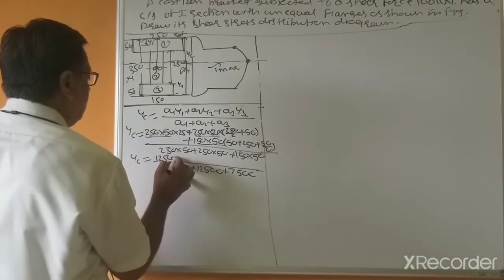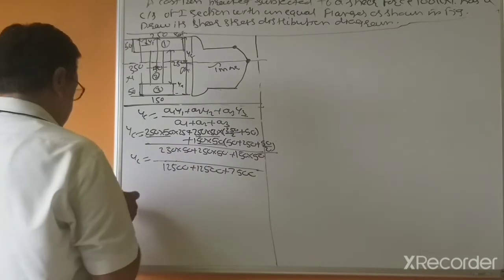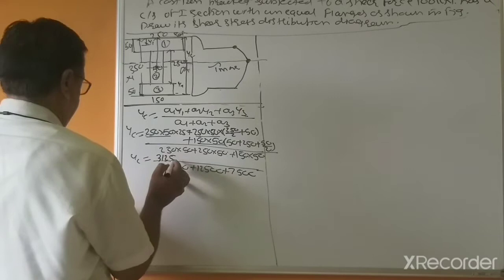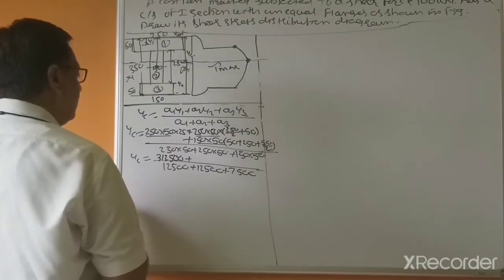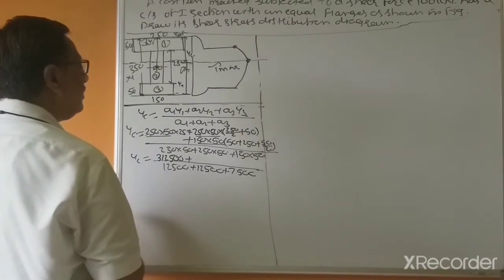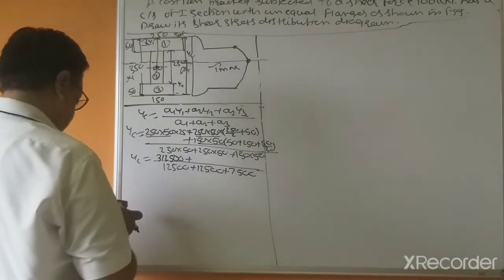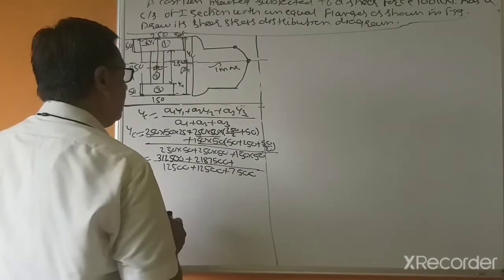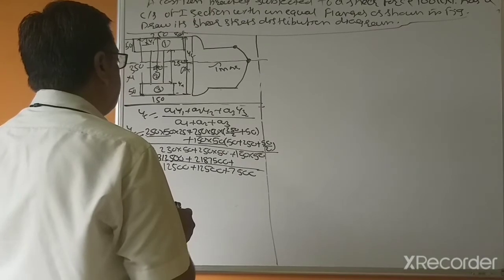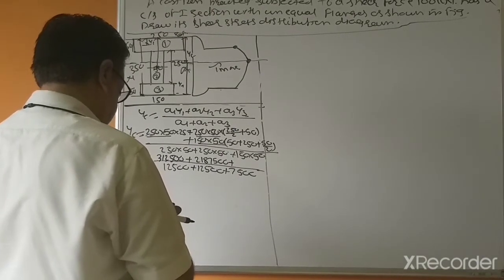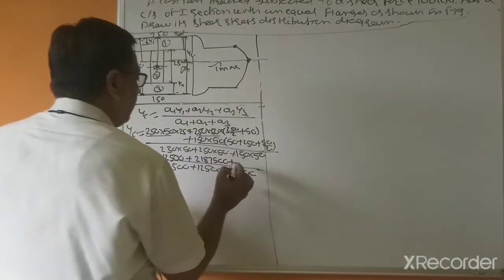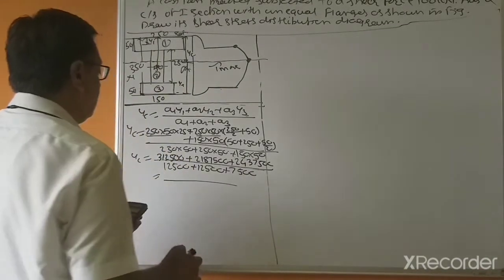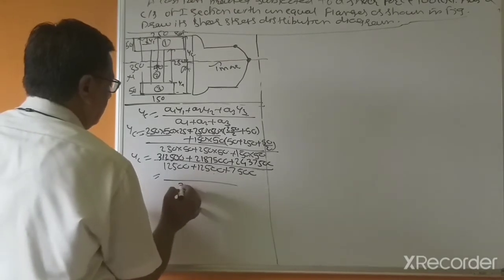So this is 1250 multiplied by 25, into 175. So this is 12,500, 25,000, 32,500